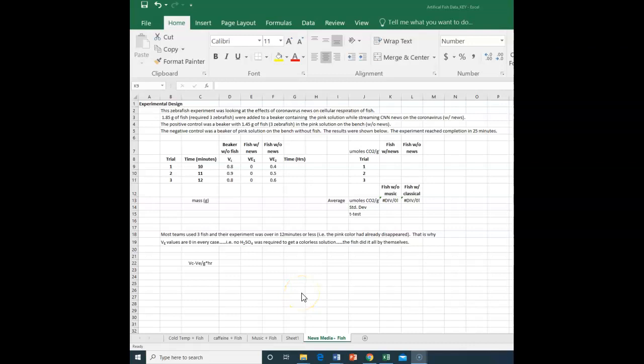Good morning, everyone. I am going to quickly demonstrate how to do the calculations for the artificial data that was generated as it pertains to the zebrafish experiment. So again, what you have been asked to do is to calculate the micromoles of CO2 produced by the zebrafish